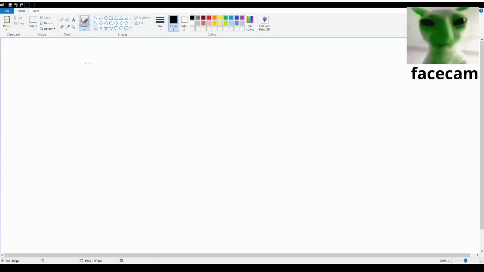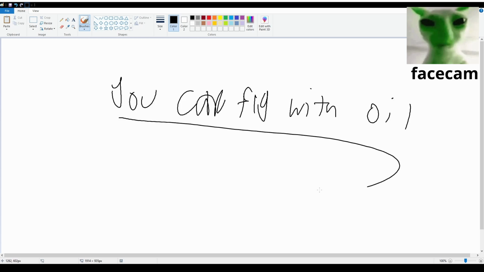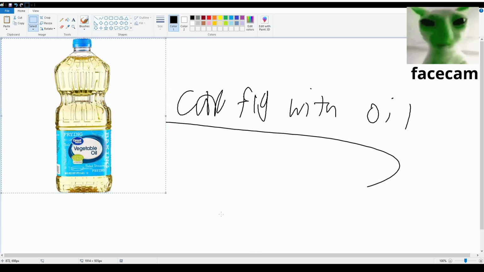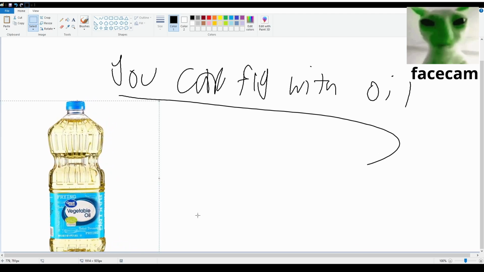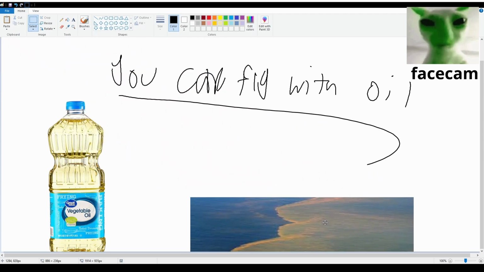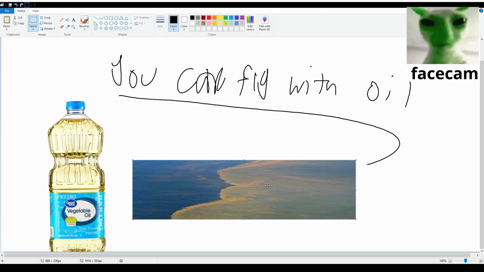This is TJ Talk 3, and this is why you can fly using oil. So, to start, you're going to want some standard vegetable oil, alright? And if you've ever seen an oil spill before, then you would know that the oil floats on the water. So, using this concept, if it was raining,